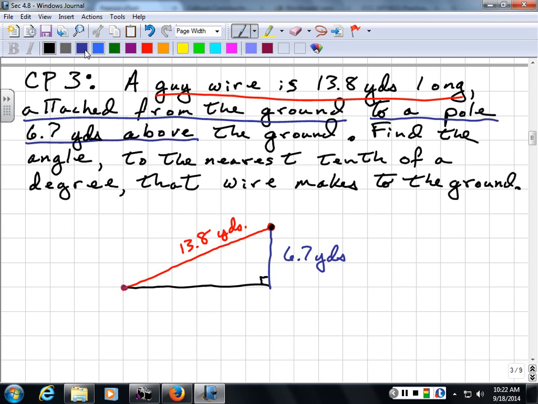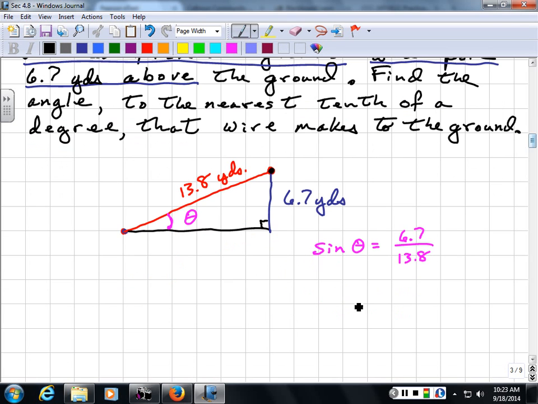So what do I need? I need the angle theta here, and therefore I have the opposite. I have the hypotenuse. So I'm going to use what trig function? Sine of theta is going to be equal to 6.7 over 13.8. However, in order to get theta, I need to take the inverse sine of both sides. That means that theta itself is equal to the inverse sine of 6.7 over 13.8. And when I calculate that, I get theta is approximately equal to